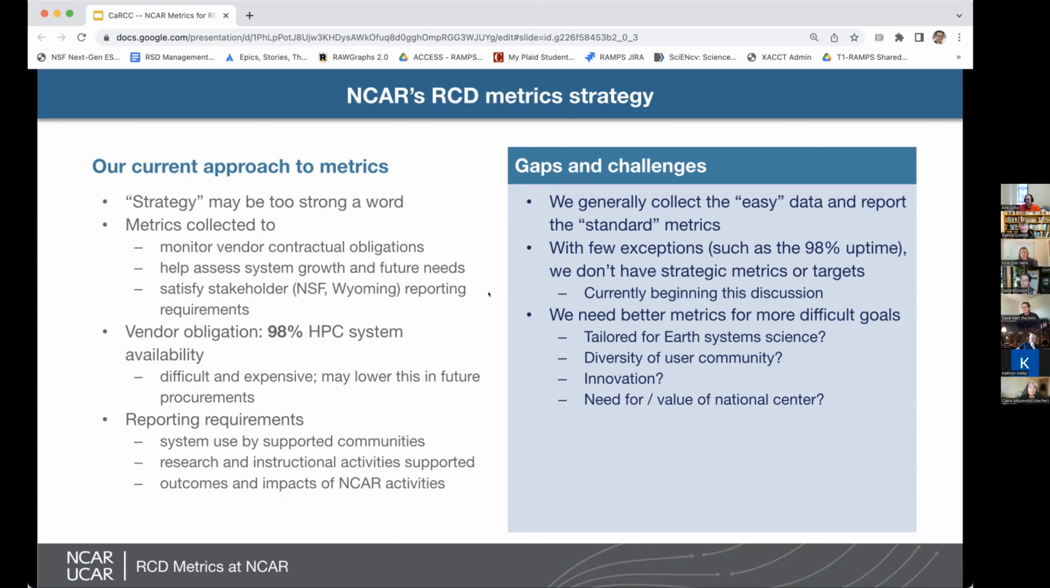In terms of the problems we have, we generally collect easy data and report standard metrics. I think there's nothing too outlandish or surprising here. And with few exceptions, we don't really have strategic metrics or targets. We are currently beginning that discussion: what are the real numbers that we want to influence in terms of strategic metrics? And we need better metrics for more difficult goals,